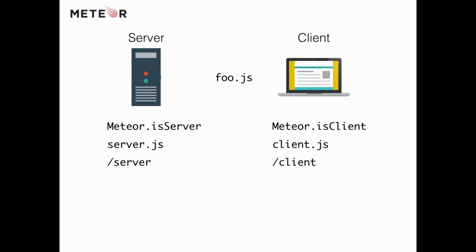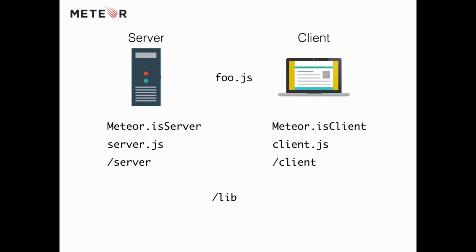Beyond that, there are a couple of other directories I want to mention. The first is lib. If you create a lib directory, that'll be used in both, and the code inside of the lib directory gets run first. So you want to use that if you're setting up some sort of configuration, or when you're setting up your collections, as we'll see later. You want to put that inside a lib directory or a lib file, and that'll get loaded before the rest